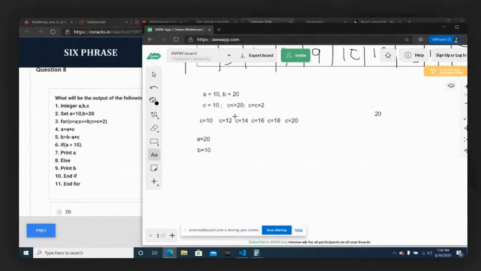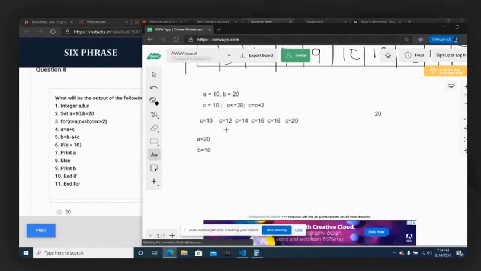Let us move to the next one. Next, what we have is C equal to 12. I think the B value has changed, right? So I will increment my C value, and my C value will become 12. But when my C value is 12, what is the condition here? C less than or equal to B. What is my new B? The new B is actually equal to 10. So the C value is equal to 12, but the B value is equal to 10.